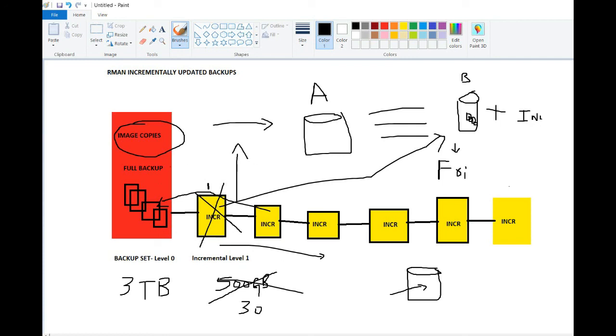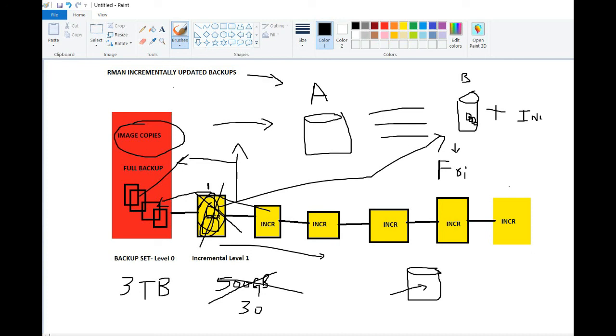So instead of restoring the full backup and then applying the incremental backup, what we did, we just pointed the data file location to the image copy location. So this data file already had the latest data which was present in this incremental backup. Okay, so this is one of the advantages of incrementally updated backups.